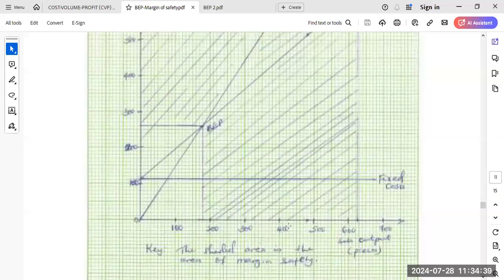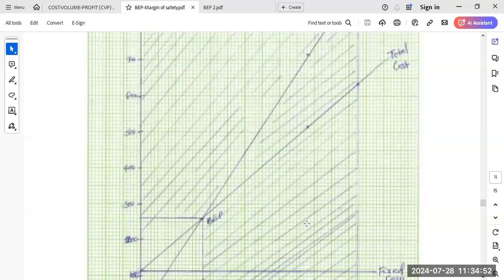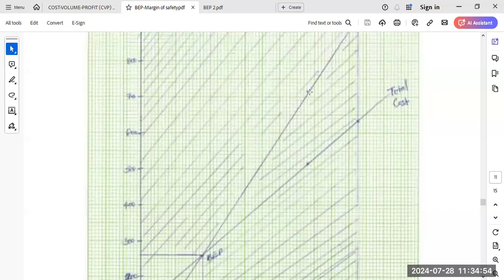What is our 480? It is approximately around here. 480. Then move, look for 700. What? 712, which is around here. This is 700, then 712 is approximately here. Once you're done,